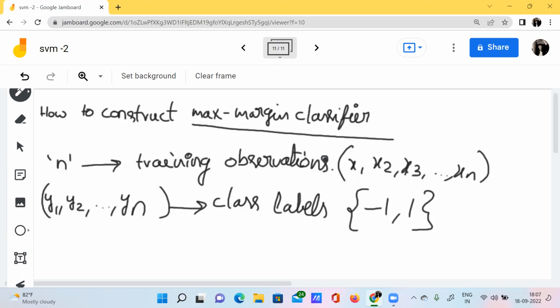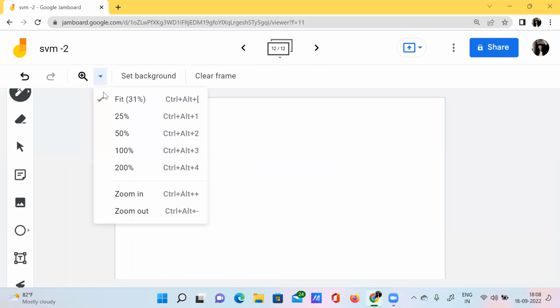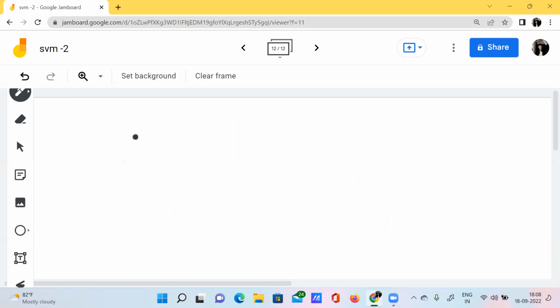So how to do that? Let's have a look here. I'm going to the next slide.